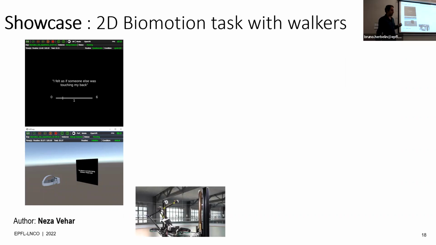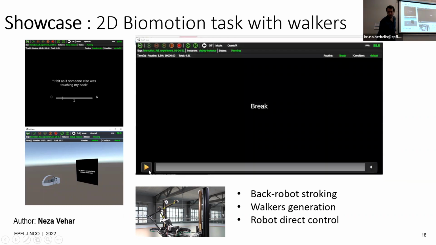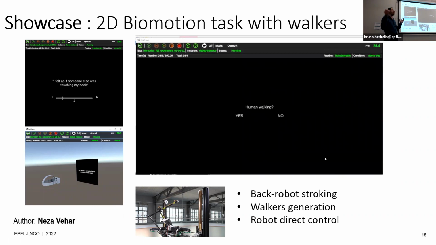So we are using this back stroking robot in synchrony and asynchrony. The idea was to show videos, or not videos: we are creating videos from dots, five containing dots, and we added some randomness to it, and people had to say if it looks like a human walking. And depending on the answer, we just modify it. And you have breaks with